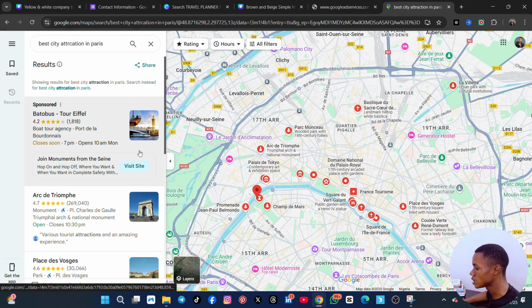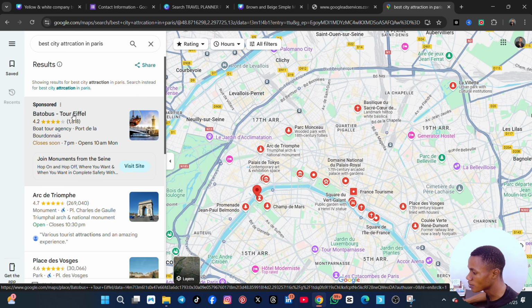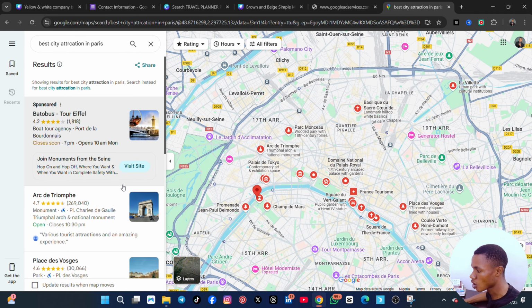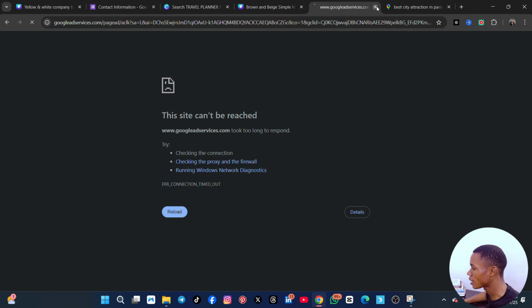Now look at this one, it is very good. Portable Tower Eiffel, this is one of the best things. So you can click here to visit the website, and then you copy, bring the pictures, and then you can take like one or two. All right, and then of course you can also right click, copy the link. Now when you come back